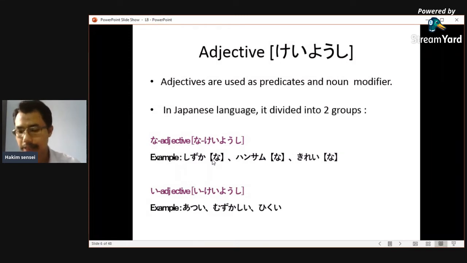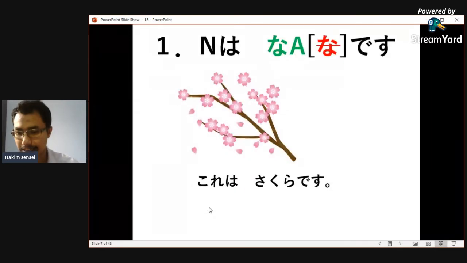The second thing is how you are going to deal with negative form sentences. Especially for i-adjectives, if you are dealing with a negative form sentence, you need to transform the word into something new. You need to add a few words in order to create the negative form for i-adjectives. I will explain it later on. So this is the first slide I showed to you.